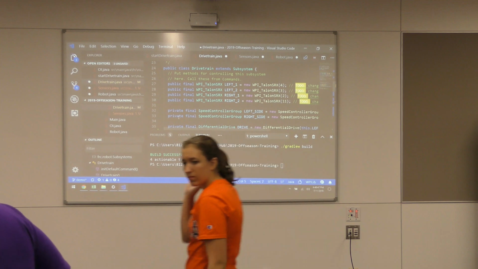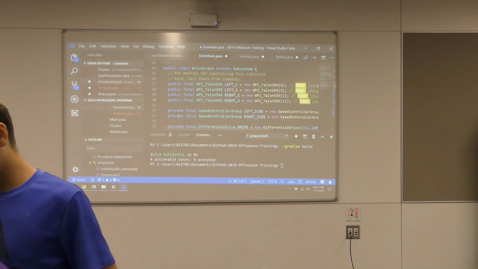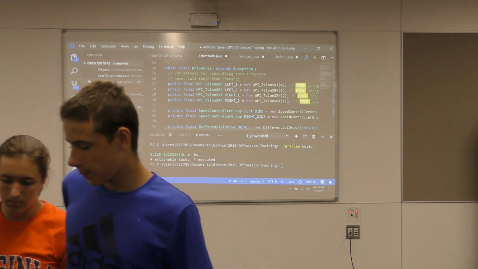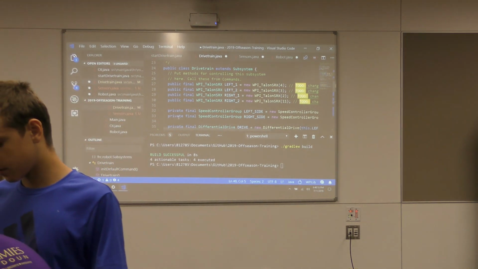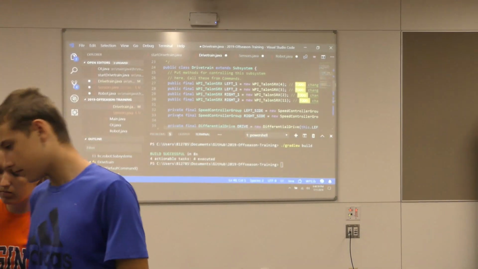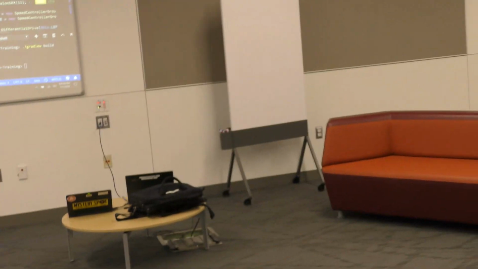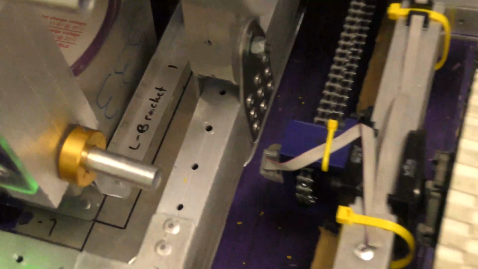So these are the encoders right here, if you want to come take a look. These are attached to the shaft, so every time I rotate, it'll count the ticks. And each encoder is pre-wired to one of these Talons. So this one, I believe, is wired to this Talon right here. In order to get the input, you reference this Talon and get the analog input from that. So if you want to go back to here,